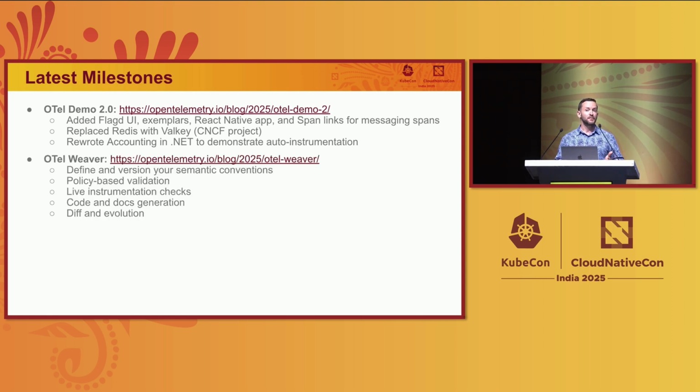OTel Weaver is probably something you've never even heard of, even if you're involved in OpenTelemetry, but it's actually a very cool tool. It's a command line interface that's used to manage semantic conventions. This is something that you can add into your software development lifecycle. What are semantic conventions? It's basically a normalized way of naming metadata. For example, you have HTTP calls. Well, you have a status code. What do you call that? In OpenTelemetry, it would be